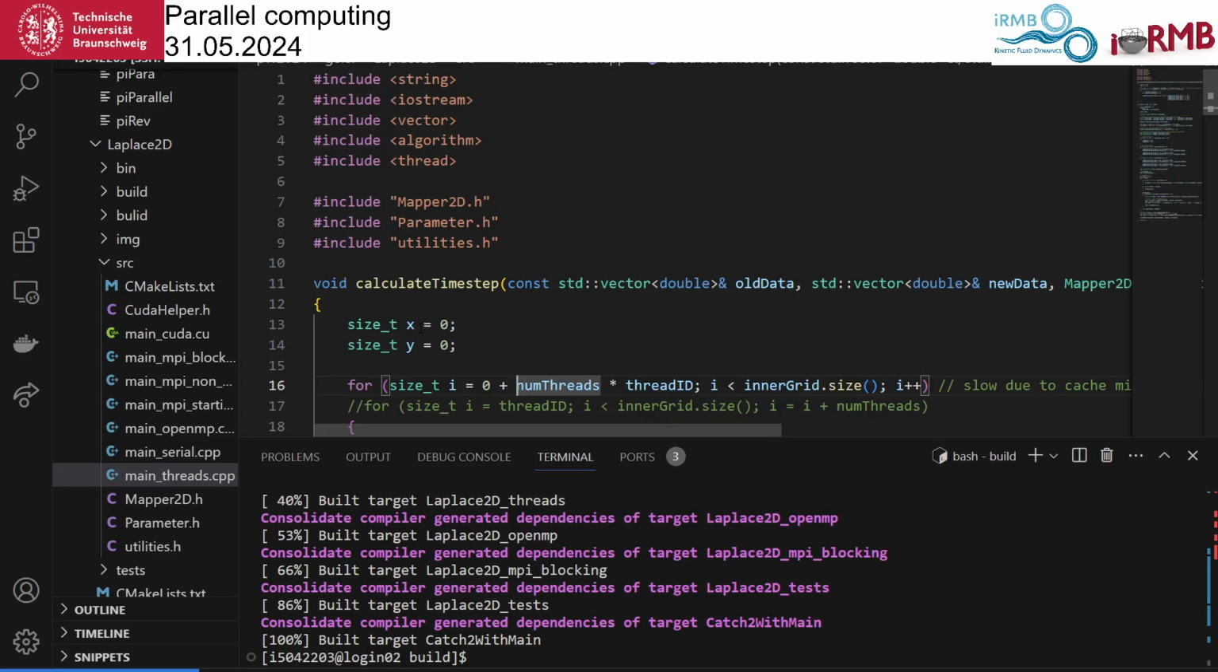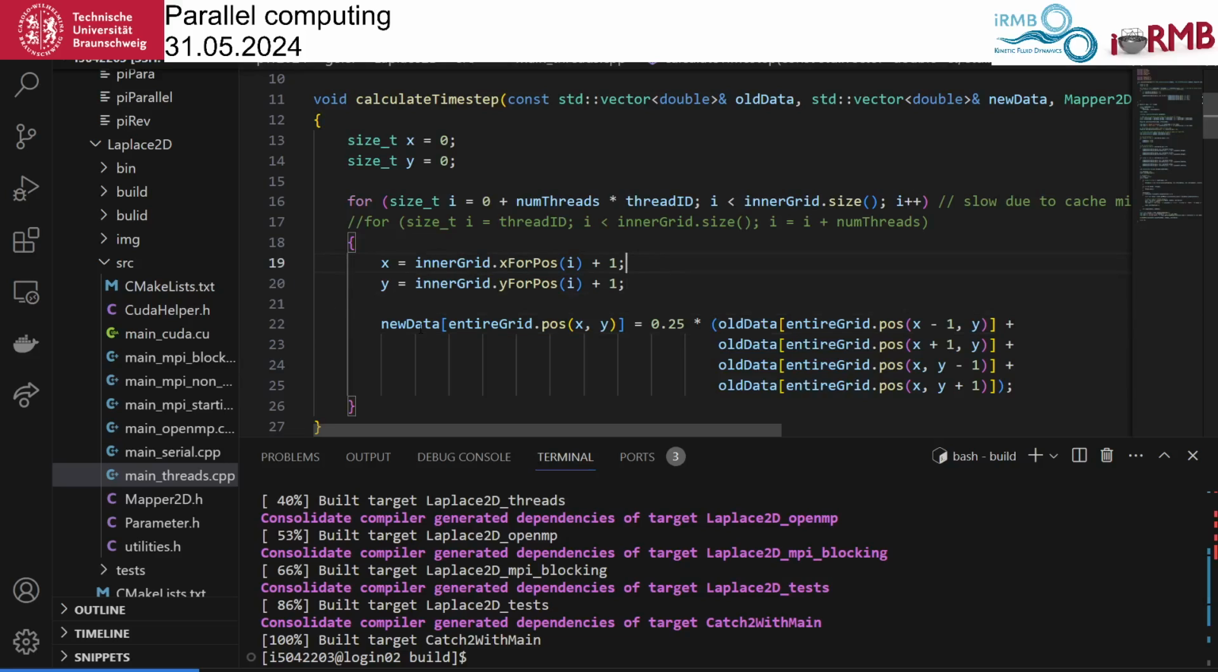Now what we are doing is processing part of the nodes, and we indicate this by I. Given our thread ID, we take a different part of the domain. The thread ID indicates which thread is doing this, so all of them are supposed to do different parts. The thread number 0 starts from 0, the thread number 1 starts from num threads, the thread number 2 starts from twice num threads,